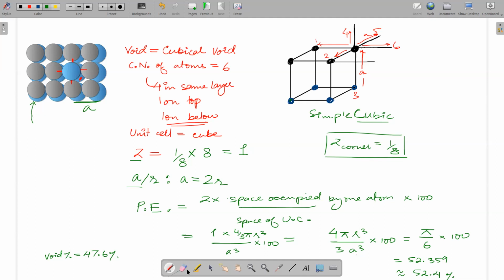So this is the unit cell. Okay, just write here: unit cell is simple cubic. Done, everyone? Yes, sir. You can copy this. Let me know when you are done.